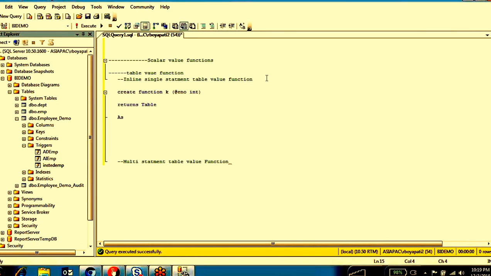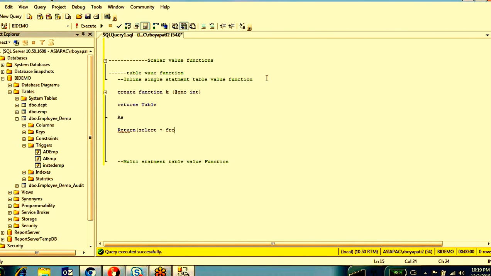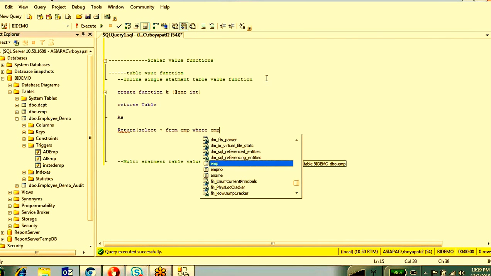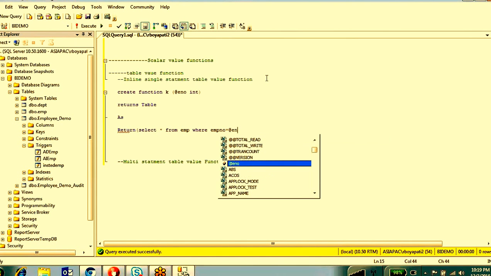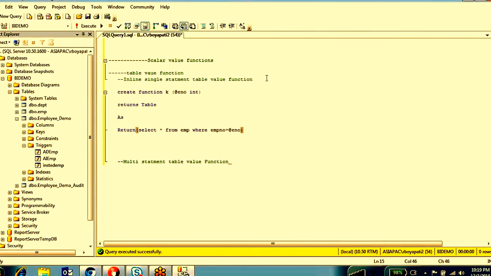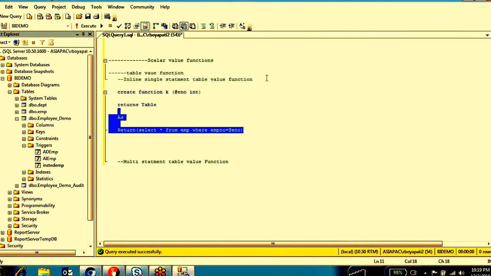If you don't want to write begin and end, I want to return, bracket open, select star from emp where emp number equal to @employee number, bracket close. That's enough.